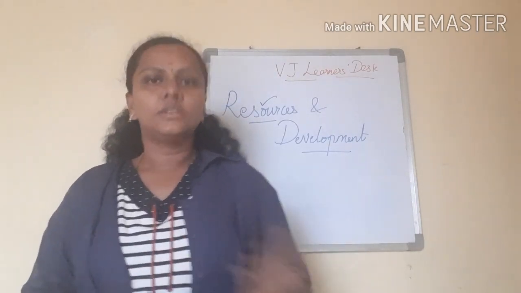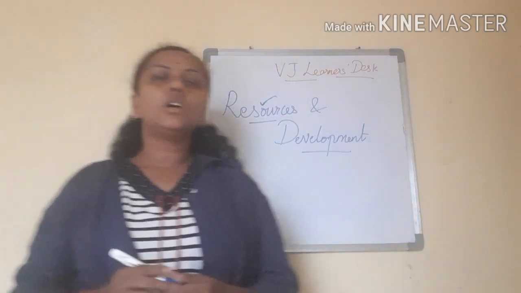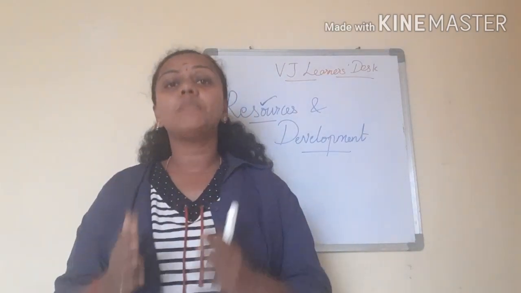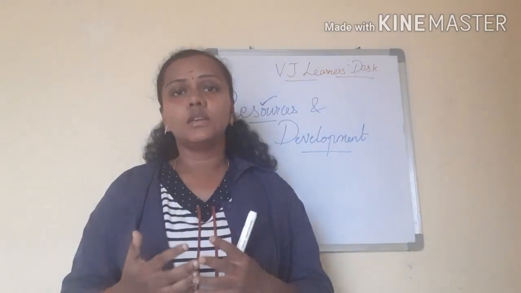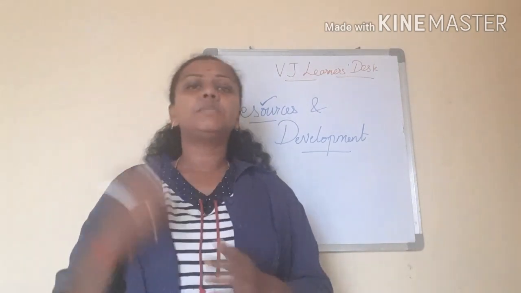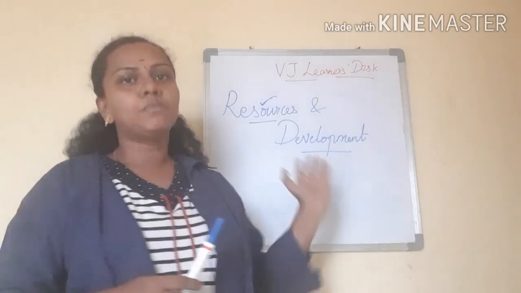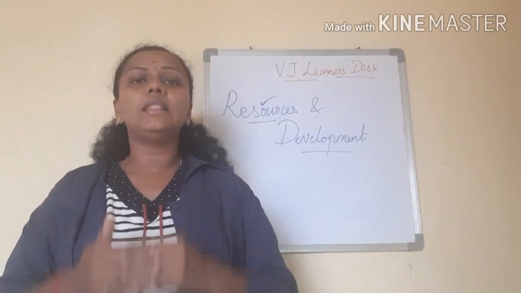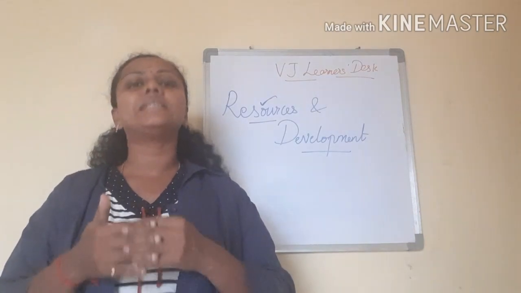Let us go to the lesson. First of all, let us see what is a resource. A resource is nothing but a thing or a service which can be utilized by the human environment. So whatever we are using for satisfying our need is a resource. Take a pen. This pen is used for writing, so this is also a resource. Take a board. This board is used for writing. This can be a resource. You can take anything that can be used by the human environment, and it is called a resource.